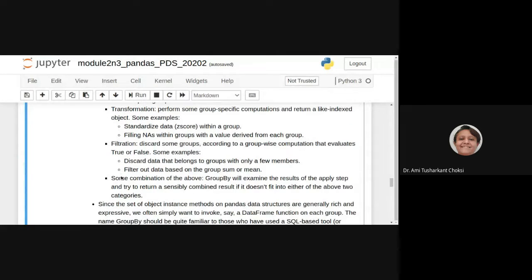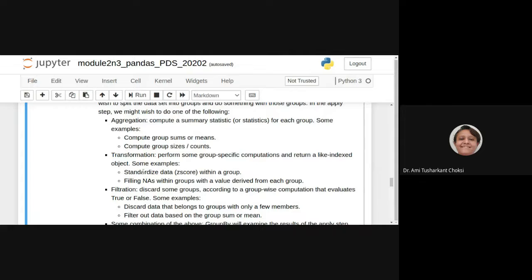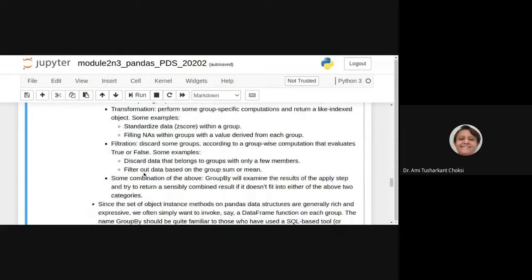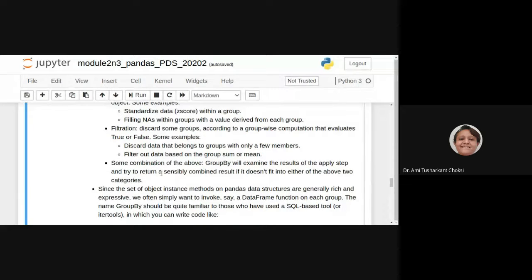And we can have some combination of all these things, that is aggregation, transformation, filtration, some combination of it. Groupby will examine the results of the apply step and try to return a sensibly combined result if it doesn't fit into either of the above two categories. Okay.